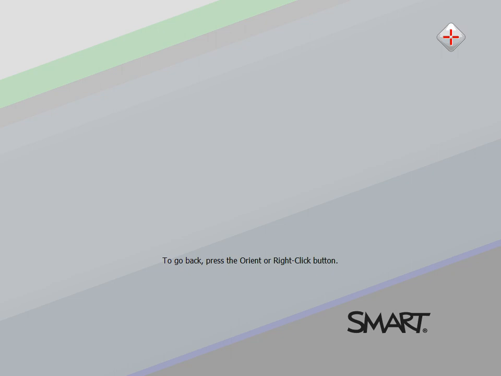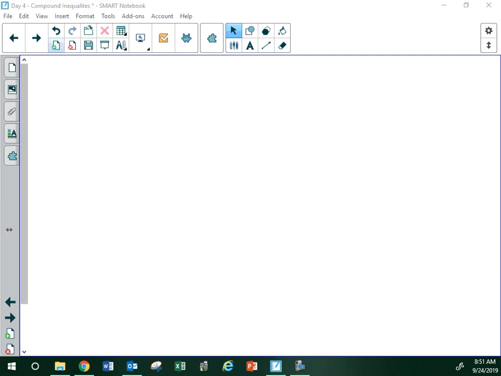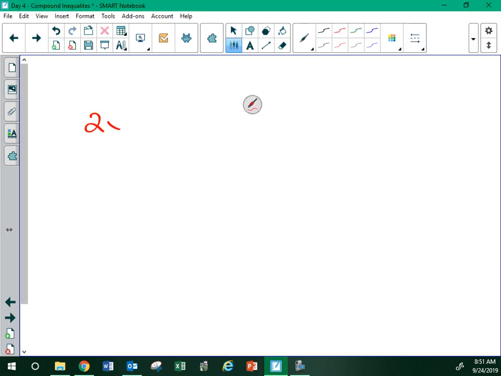So there's more happening than just one single inequality. And again, this is just a review of what you did last year in pre-algebra. We're still doing some review, but I want to go ahead and do a real quick refresher. If we had, let's say, 2x minus 7 is less than or equal to negative 10x